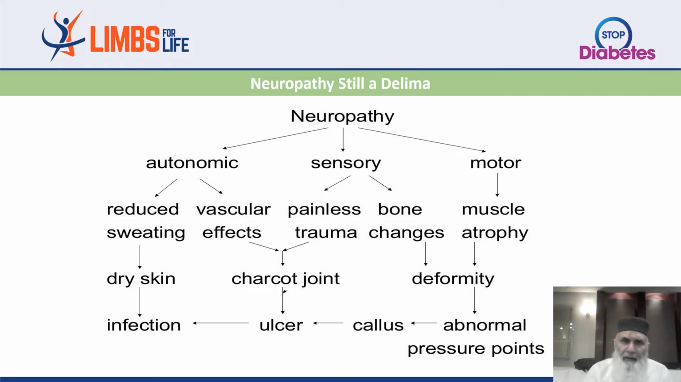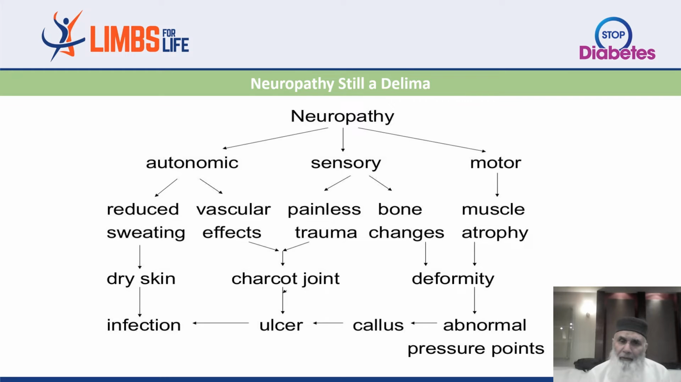So it's very important. And neuropathy is one of the causes of this; neuropathy and vasculopathy both can cause this. Neuropathy gives rise to sensory and motor neuropathy. When sensory neuropathy is there, the patient can have painless trauma, bone changes, and deformities. Motor neuropathy also gives rise to muscle atrophy, and then when there is muscle weakness, there is hyperextensibility of joints, and the patient develops deformities, and that leads to abnormal pressure,